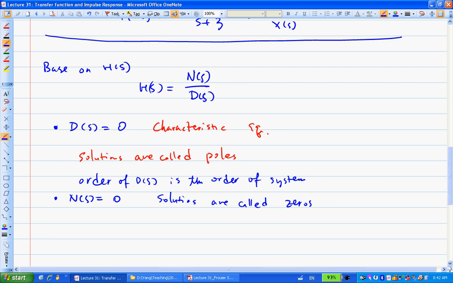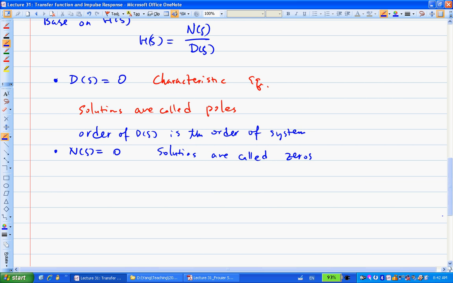Okay, so you look at the previous one, s squared plus something, so the order of the system is second order, right? Yeah, so that's the idea here. Okay. Now,